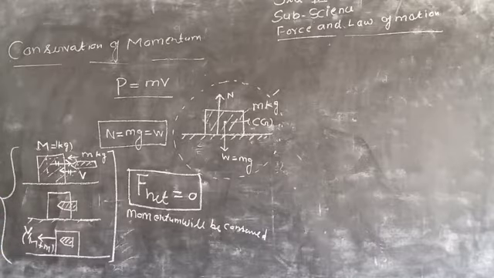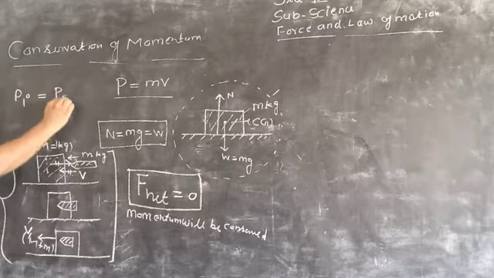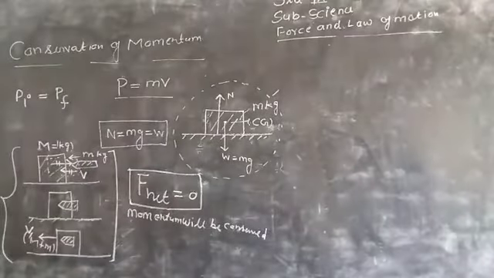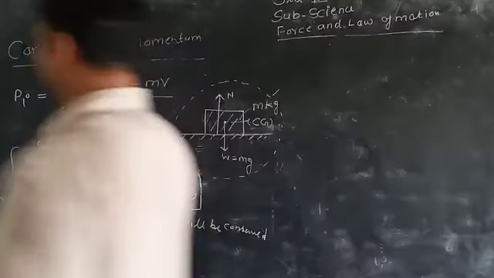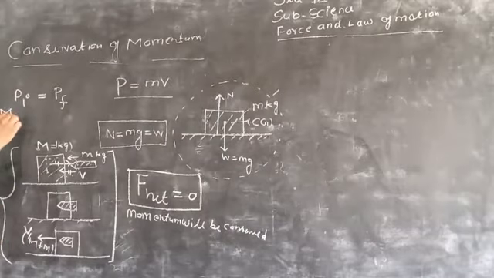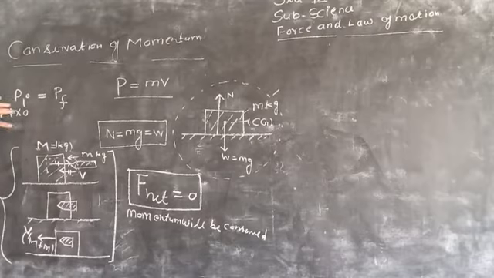So we can write that if the momentum of the system is conserved, then initial momentum is equal to final momentum. What is the initial momentum? We have to write the initial momentum of both the bodies. First we write the momentum of the block. M into v is the basic formula. When the block is in rest condition, rest condition means velocity is 0. So the initial momentum of the block is M into 0, plus